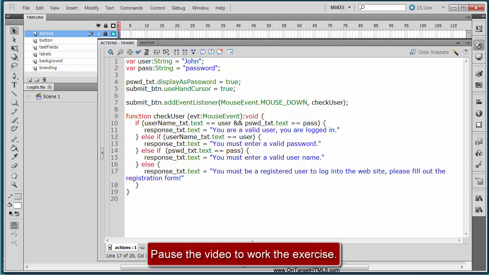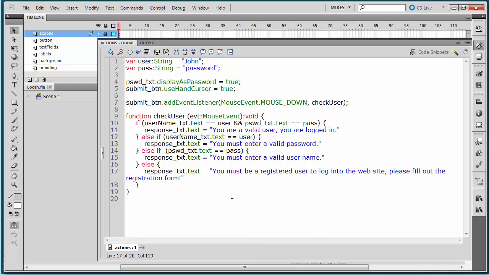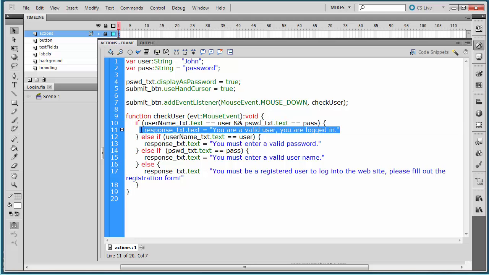So now we're actually looking at 3 different conditions. Let's go ahead and talk about what we've entered. We've entered 2 new else if statements. So the first thing I do is I check the user. I'm running my function and I'm saying if the username_txt.text equals user and the password equals pass, in other words, that evaluates to true, it's going to log right in here and say, okay, you're a valid user,